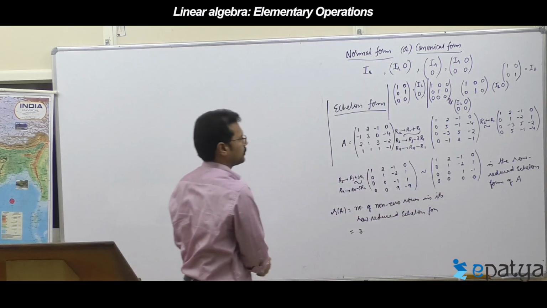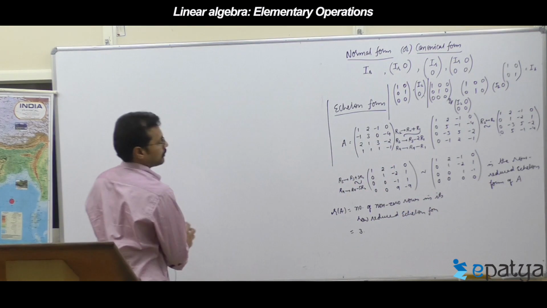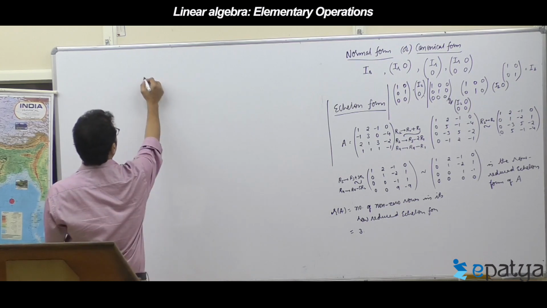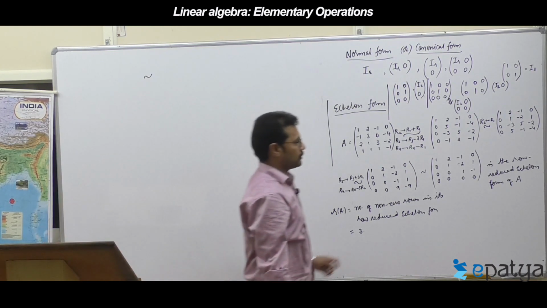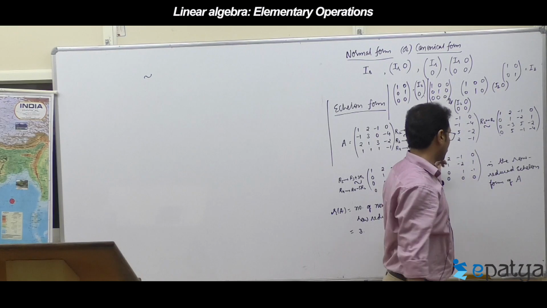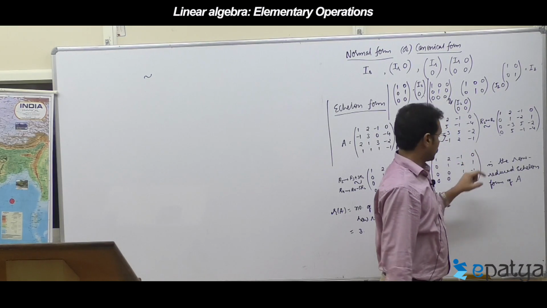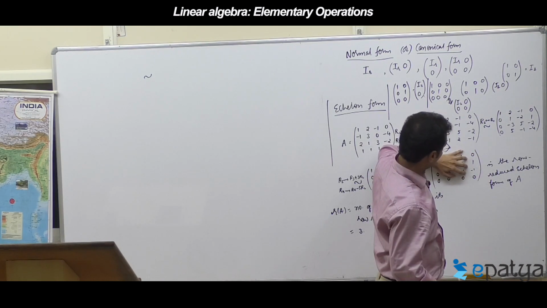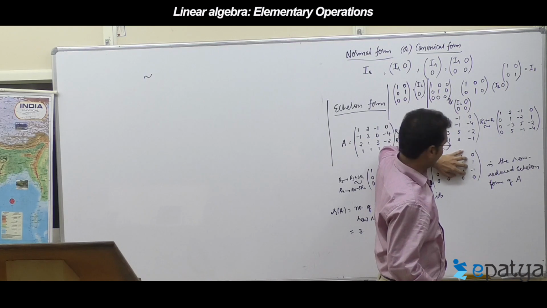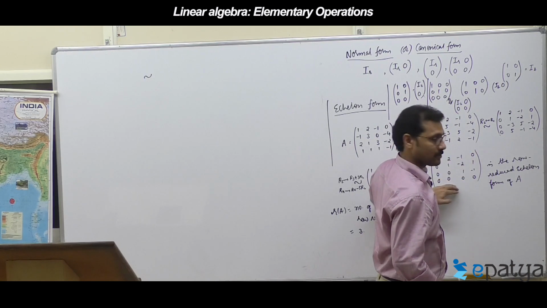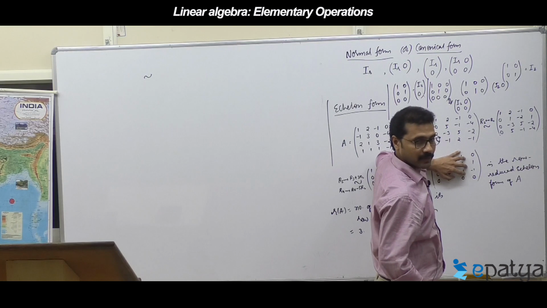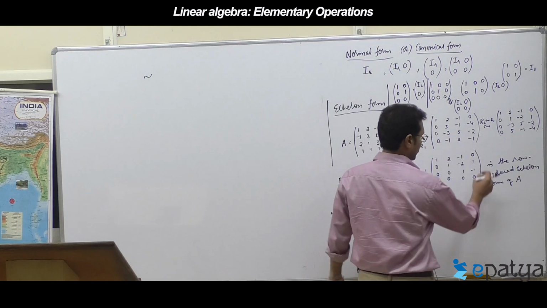So, to reduce this into normal form, what I will do is go with some row operations. Since the rank is equal to 3, here I should get I3, 0, 0, 0, 0, all zeros here. This should be I3. Okay. Now, first I will try to make